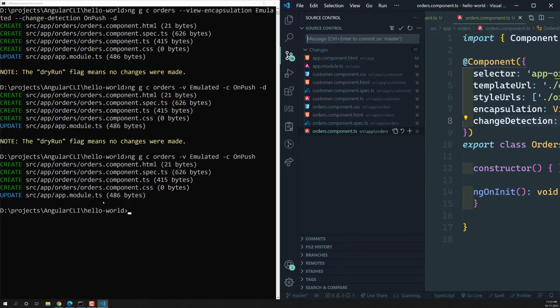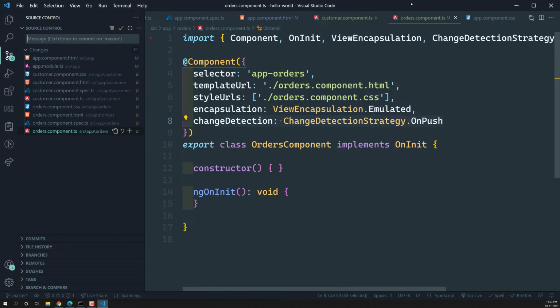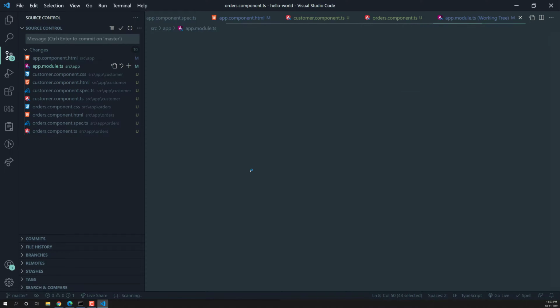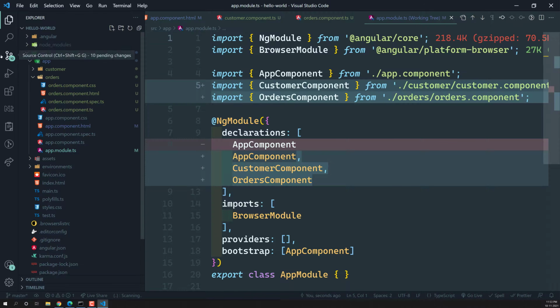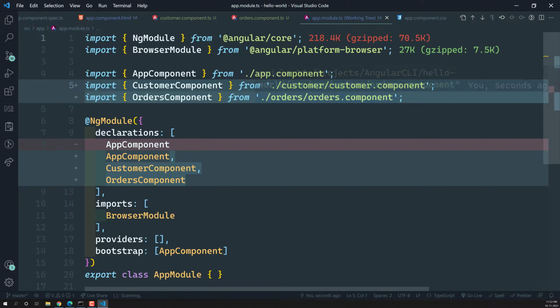Let's open this app.module.ts and check it. In this app.module.ts, if I want to check what changes the Angular CLI has made, here the two pluses mean these are the two lines that were added by the Angular CLI. And here the red means this line has been removed, and in place of this line, these three lines have been added. So these are the changes that Angular CLI has made.